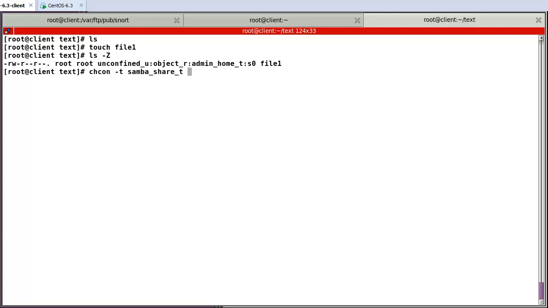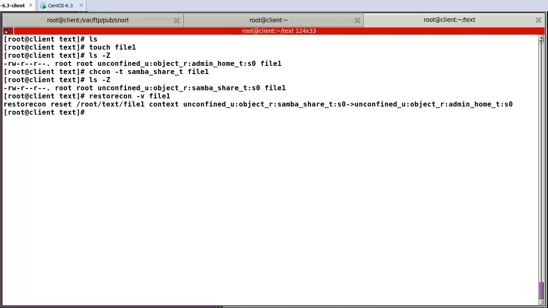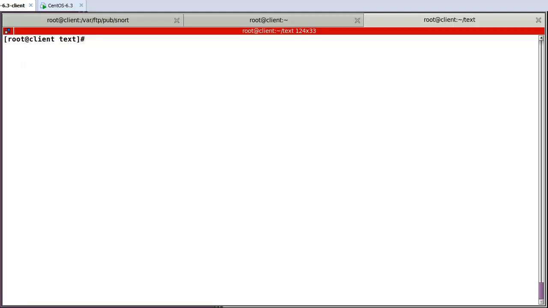samba share t file on. So we can see the samba shared t, and restorecon file on. Then we can see now this one has samba shared t, but this one will change like this. Let's check. Okay, now this one has changed like this. And this file, I already told you, the restorecon command uses this file,